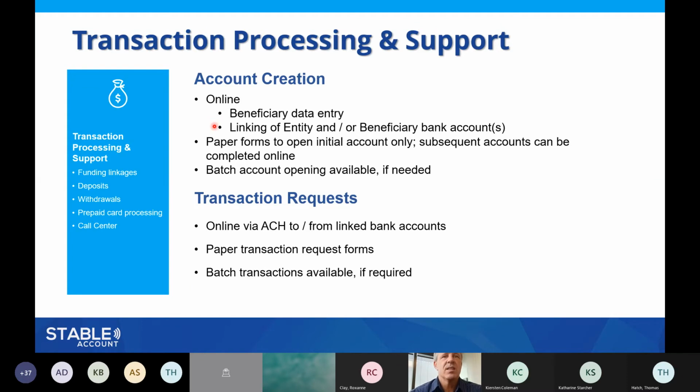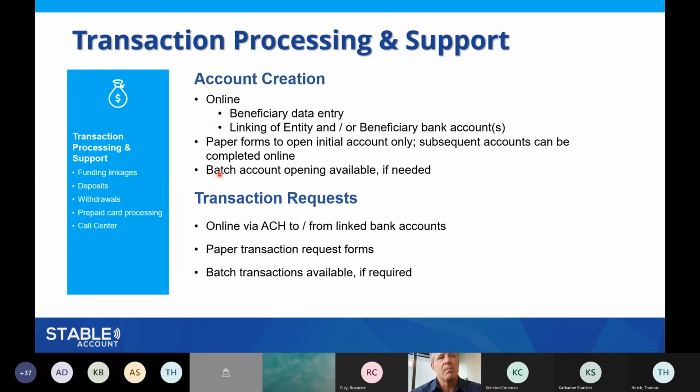You can link the beneficiary's bank account, if you have that information, to electronically transfer funds from the individual's personal account into their ABLE account. So you can add those instructions and that information. You can also mail checks. And as Roxanne had mentioned before, there's a check contribution form out on the website that we would request you attach to the check, but those can be sent in either for an initial contribution or to add additional funds to a beneficiary's account.